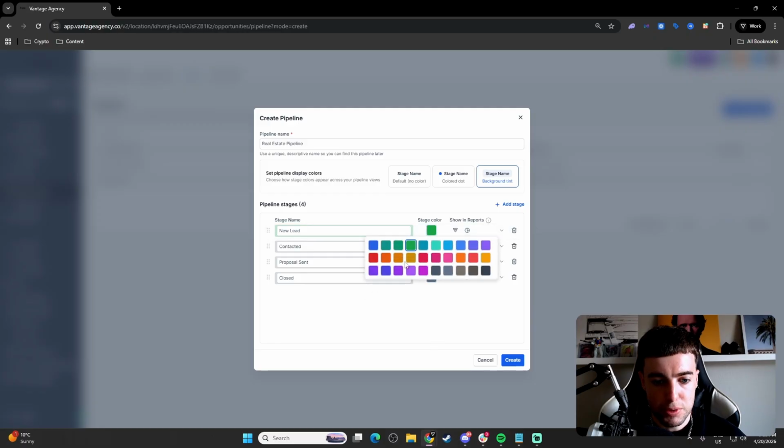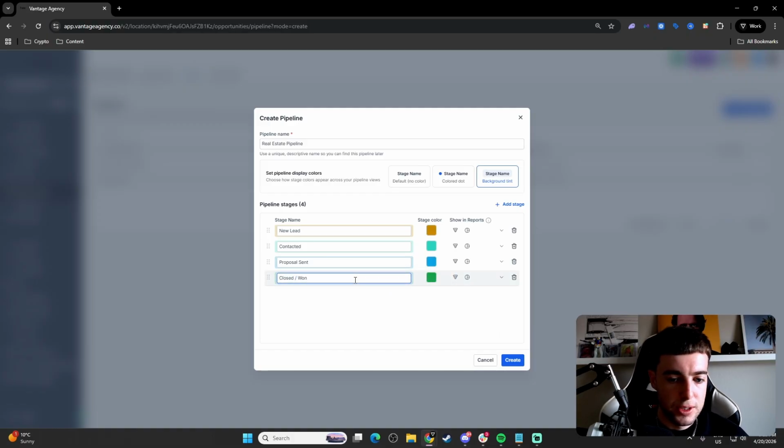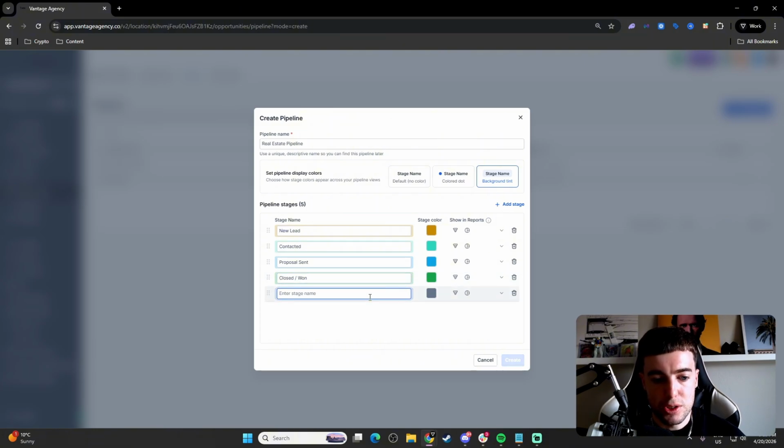Let's start with something like yellow. Then it's going to go kind of like a teal color if they've been contacted. Proposal sent, we'll set to blue. Closed, we'll do green, but we'll do closed one. If we want to add a new stage, we just click the add button. We'll do closed,